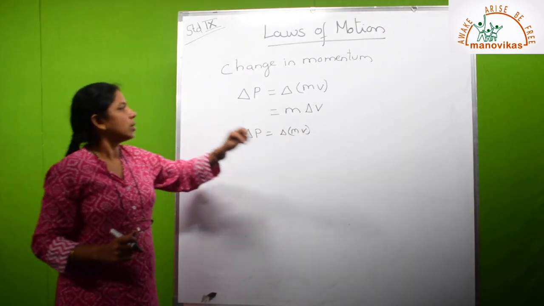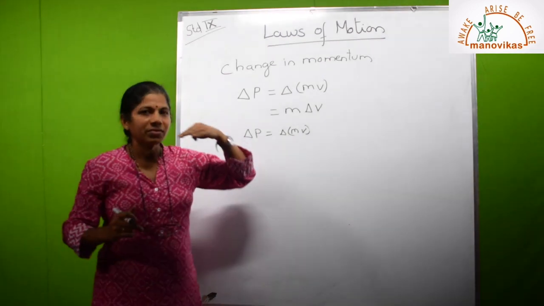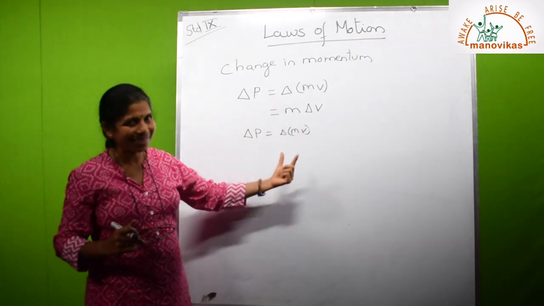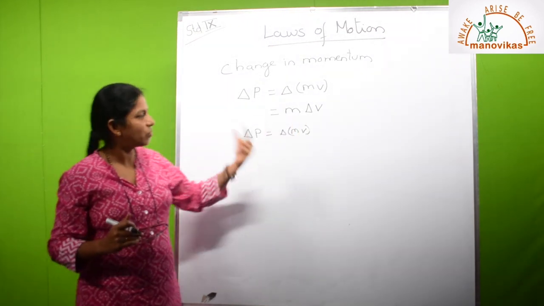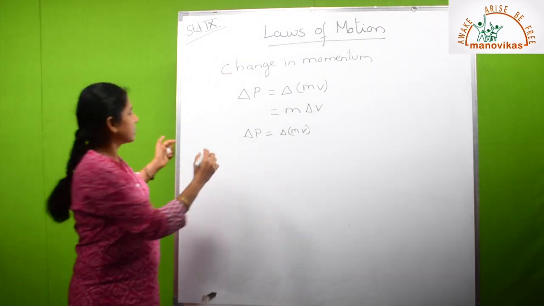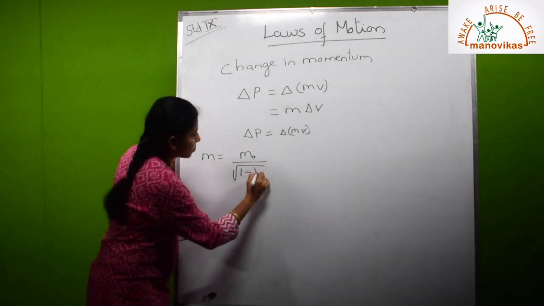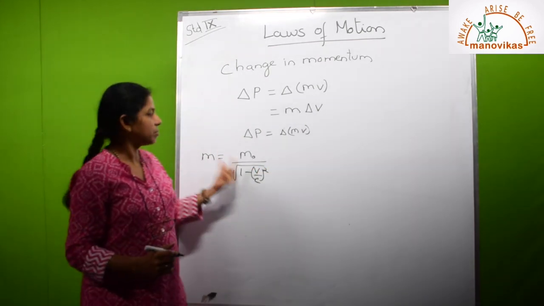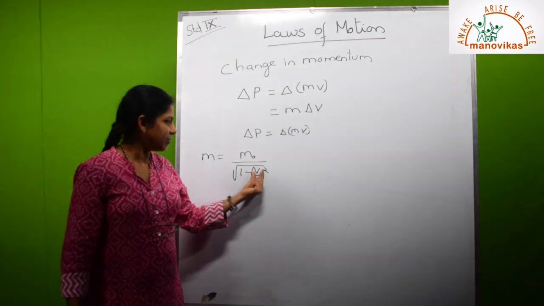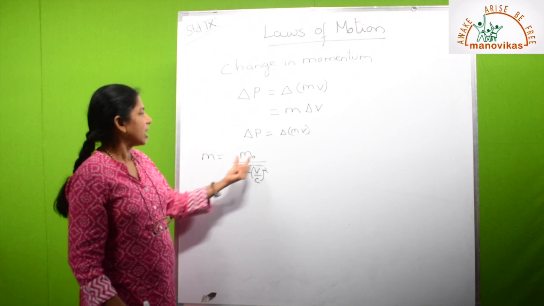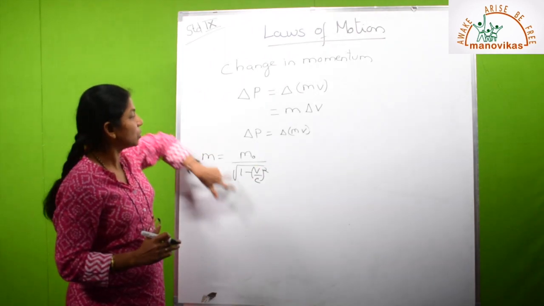Now here, if the particles are atomic particles which travel with the speed of light, then you find that when they travel with the speed of light, the value of mass will not remain the same, because as the object travels at a very high speed, equal to the speed of light, there is a change in mass, which is in fact given as: this mass will become m0 upon square root of 1 minus (v upon c) the whole square, where c is the speed of light, v is the velocity with which that object is traveling, and m0 is the rest mass of that particular object, when it is at rest. So there will be a new value for this m.